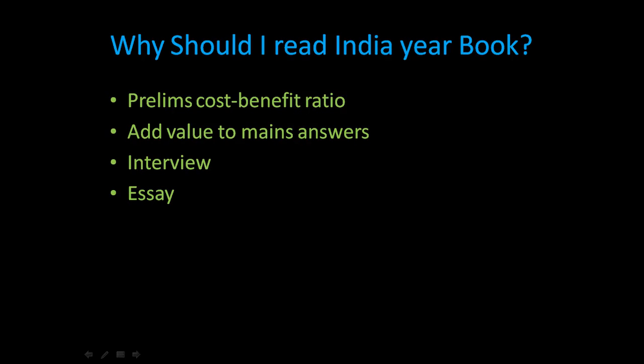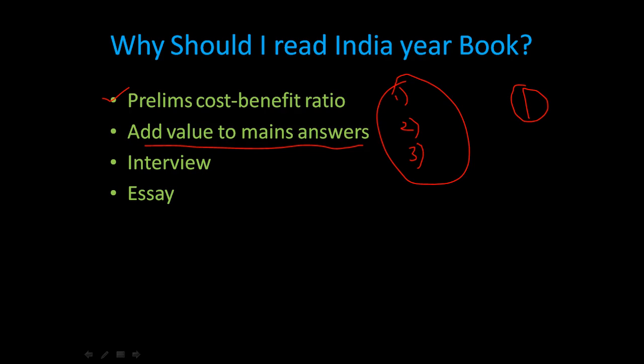Now this part we'll analyze right now, and we'll discuss it in a short span. This India Yearbook data really adds to your mains answers. Suppose you have been asked a question where you have to suggest some measures, and you write 1, 2, 3 measures which have already been implemented by the government. Then you are reinventing the wheel, like it was invented a long time back and you are again reinventing it. So it's really a waste of labor and